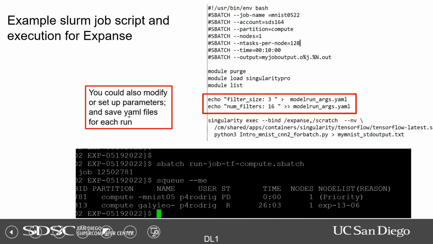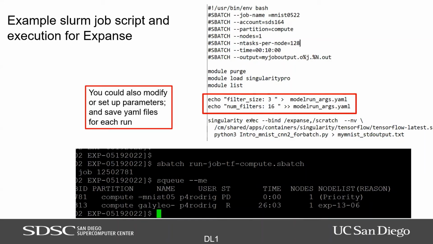All right, so here's a sample script in Expanse. I'm not going to go through this in detail. Again, if you haven't seen Expanse, Slurm jobs, or any HPC Slurm, this is just a basic Slurm job that would work. It works very similarly for Expanse or Bridges or some of the other Exceed resources. In this example, I'm setting up to run a Singularity image. So on Expanse, we have some Singularity images, and if you look at this section of the Slurm script in the middle, it looks something like this.